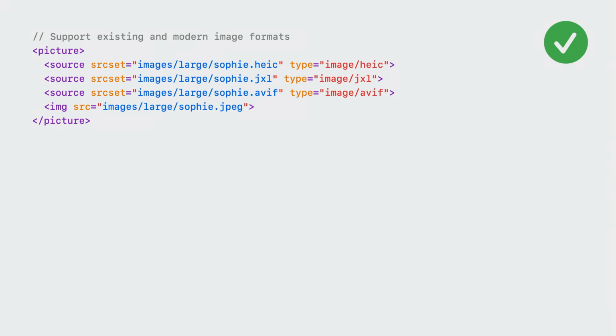Declaring an image element with a JPEG XL image means older browsers and browsers that don't support it will get a broken image. The picture element in HTML allows you to specify alternative sources, allowing the browser to choose a format that it supports. You can even provide multiple alternative sources, prioritizing the format that gives the best performance. The browser will look over the list of available formats from top to bottom. So here, it will use HEIC first if supported.